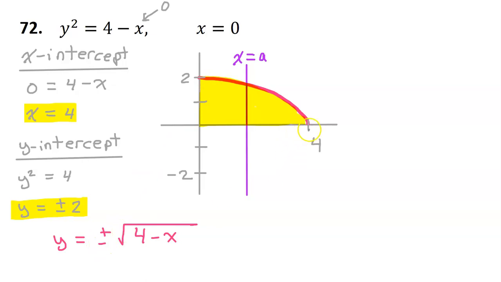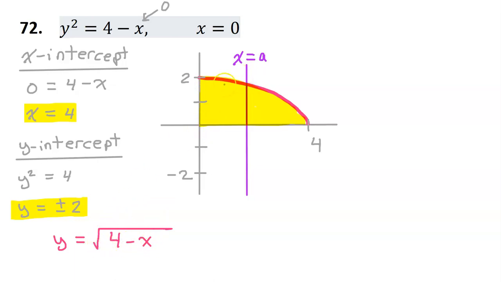The minus part is the bottom half of the parabola, which I just erased. We just need the top half of the parabola, so y equals the square root of 4 minus x. Normally, when we find the area between two curves, we integrate the top function minus the bottom function. But since we are just using the x-axis, we don't have to do a top function and a bottom function. We can just find the area between the parabola and the x-axis by integrating the square root of 4 minus